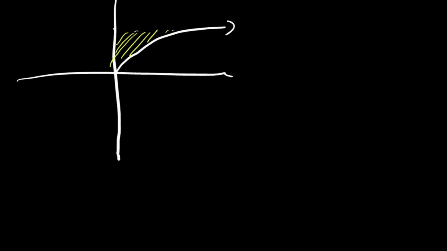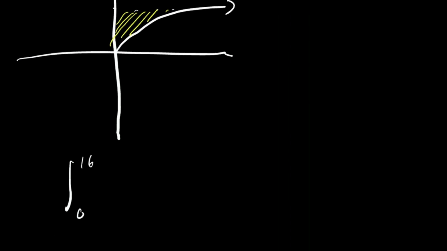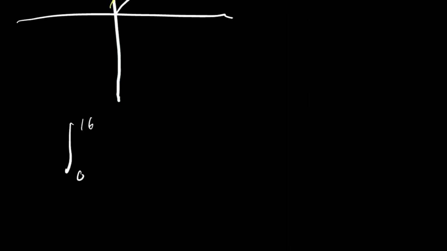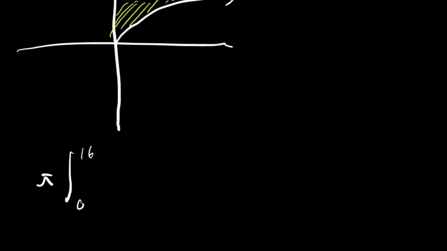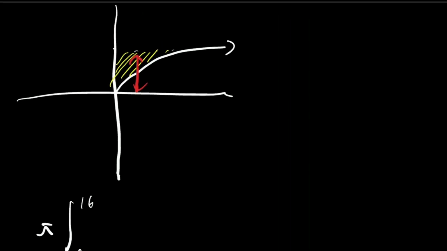So, oh boy, this is really ugly. So from 0 to 16, because y equals 4 at x equals 16, don't forget the pi, so we have to use the washer method. So our big R is simply just 4